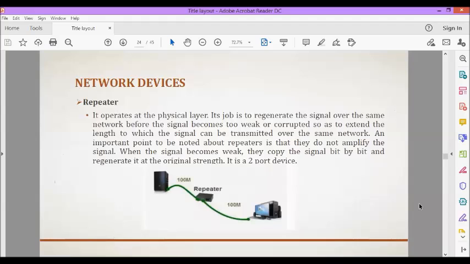So let's proceed now with some network devices. Hardware devices that are used to connect computers, printers, fax machines, and other electronic devices to a network are